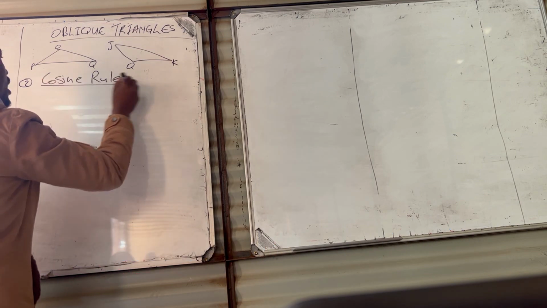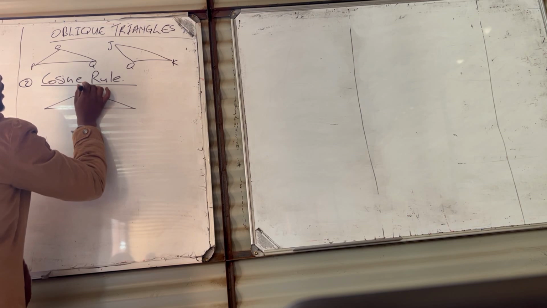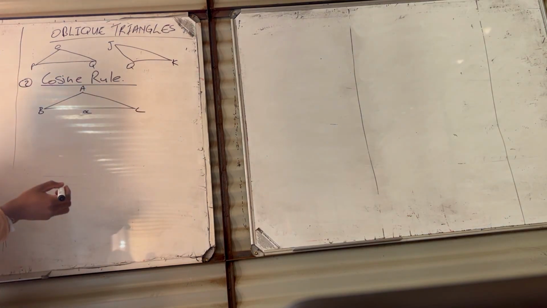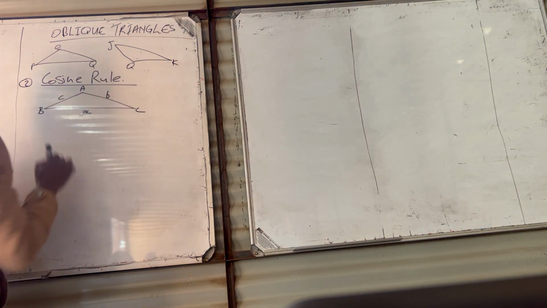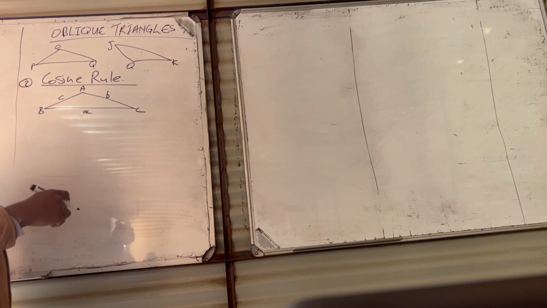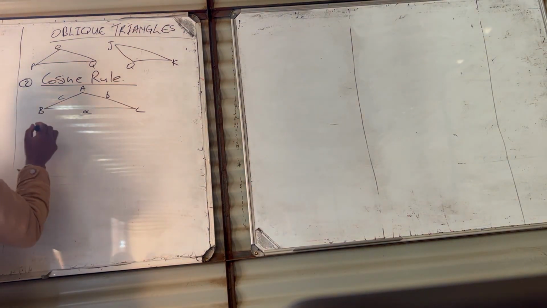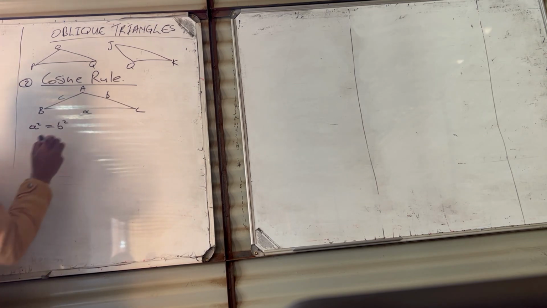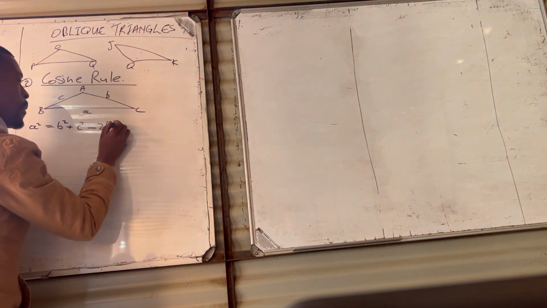Still with our oblique triangles, angle A, angle B, angle C, with sides a, b and c. So what is the cosine rule? A squared, if we call it side a, equals b squared plus c squared minus 2 times b times c